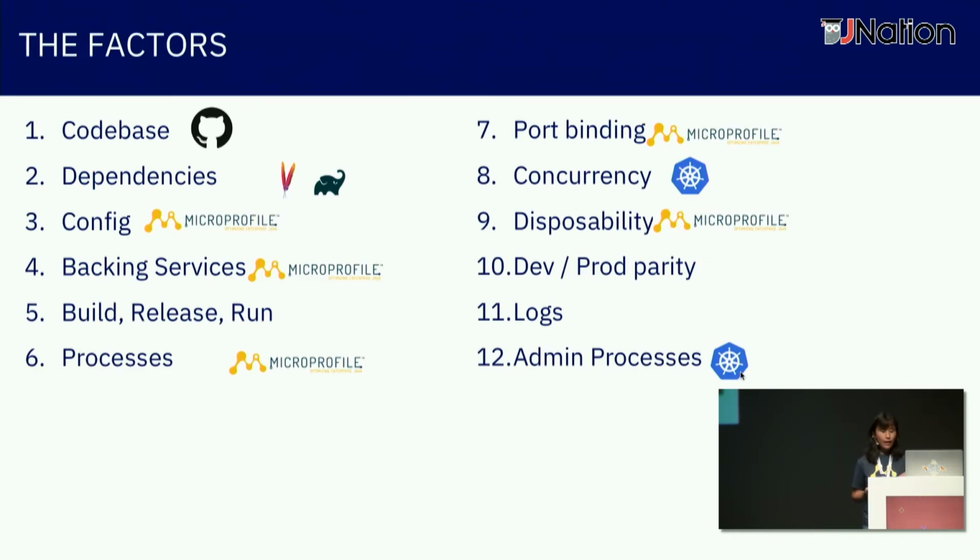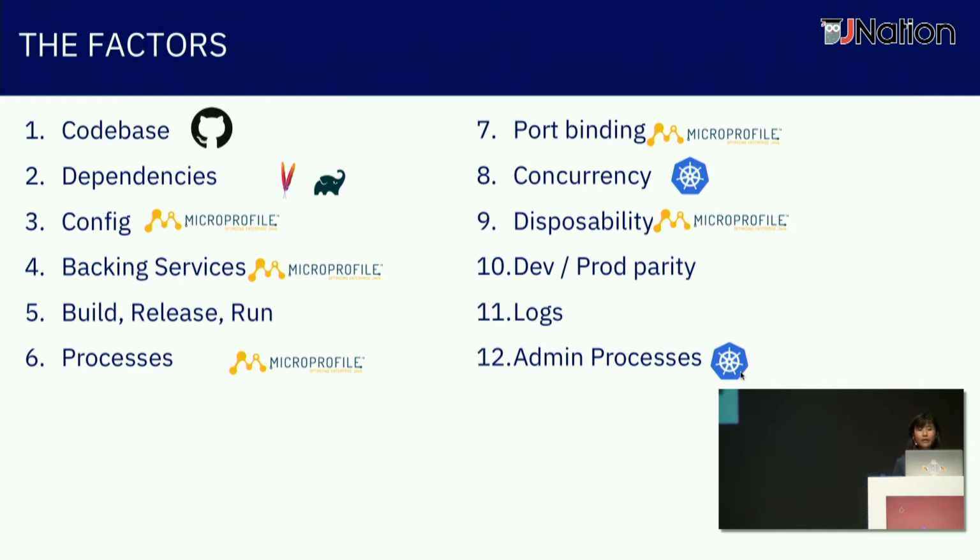Okay, so that's a quick summary of the whole 12 factors. Let's quickly go through the 12 factors again. Codebase, you can use GitHub, use one single GitHub repo per microservice. Dependencies, you either use Gradle or Maven and declare the dependencies. Config, so you can put the config value in the config sources and then directly use MicroProfile Config to inject into your application. The backing services, you can use the config again to bind to a different microservice as a